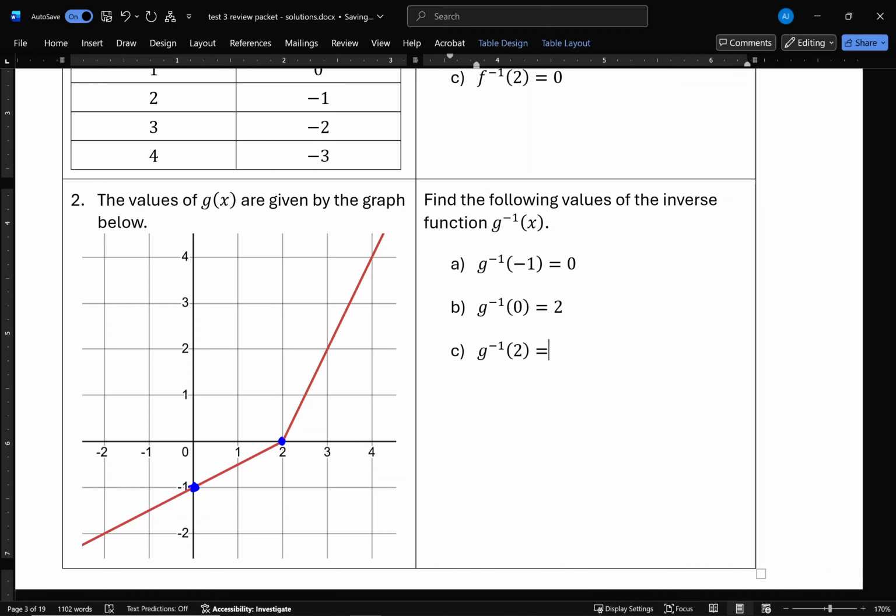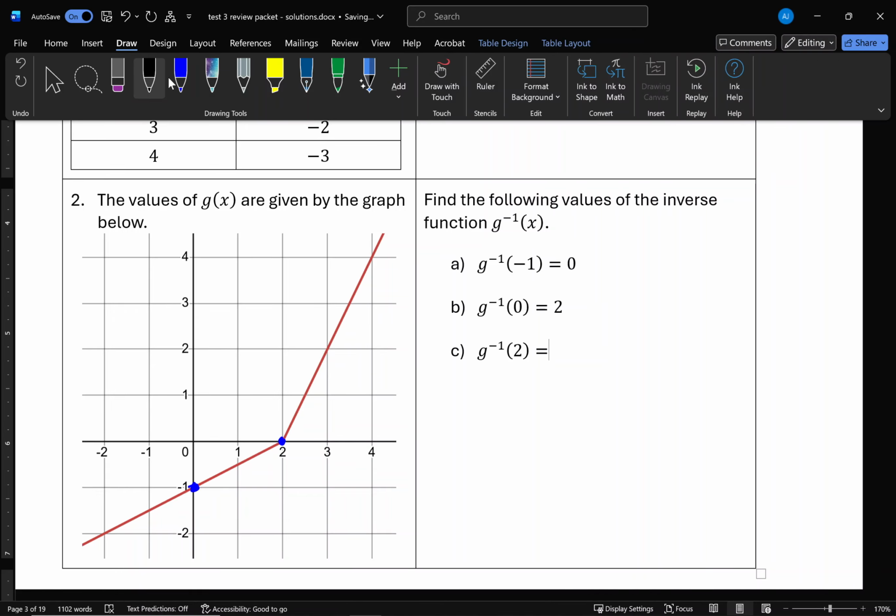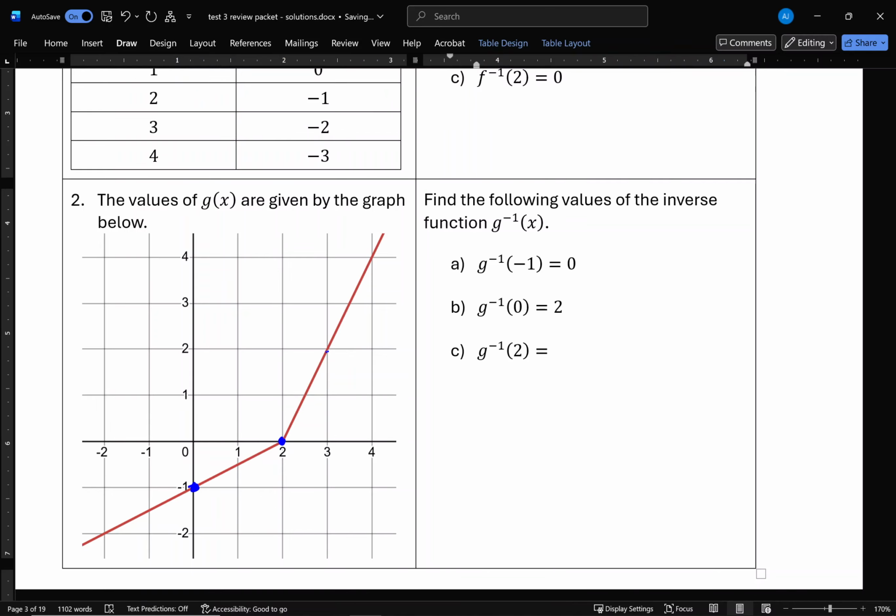And then the last one, we're looking at where is the y value for the original function equal to 2, which is right here. So the x value there is 3. Okay,